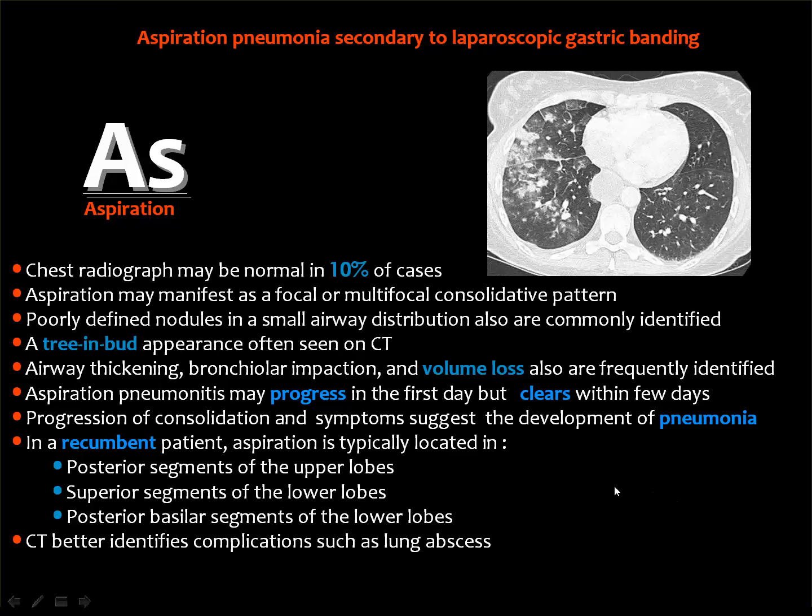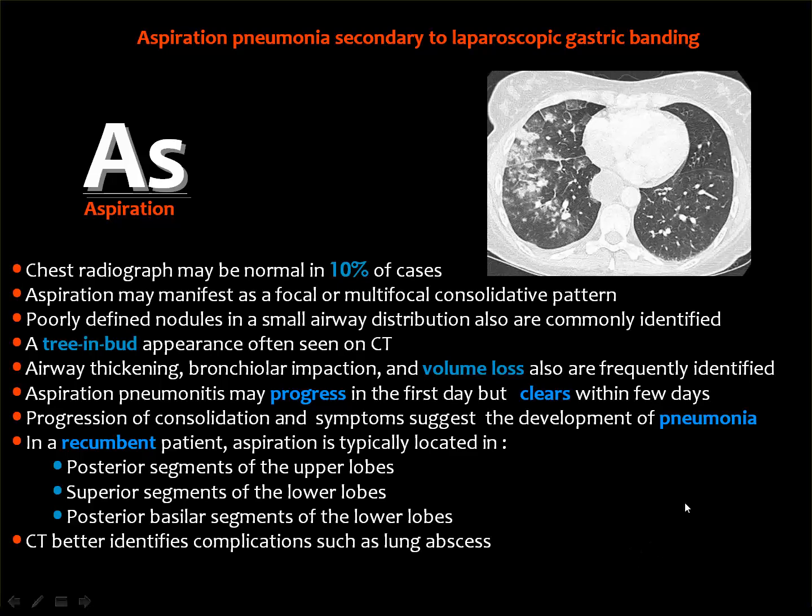And many times, if you have the chest X-ray, you can see multiple patchy areas of consolidation. Also, if you have the CT scan, you may see a well-known form of consolidation or opacities in the lung, which is known as the tree-in-bud appearance. Then, if the aspirate has obstructed one of the bronchi, it may lead to loss of volume of the affected